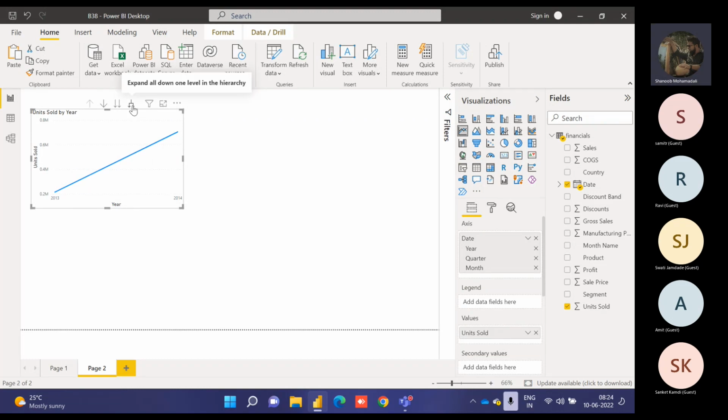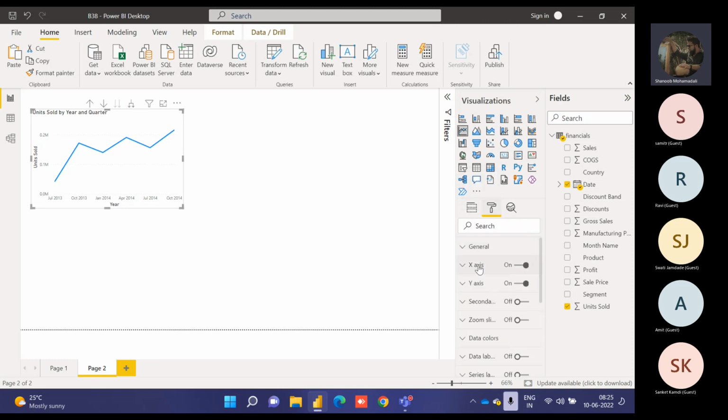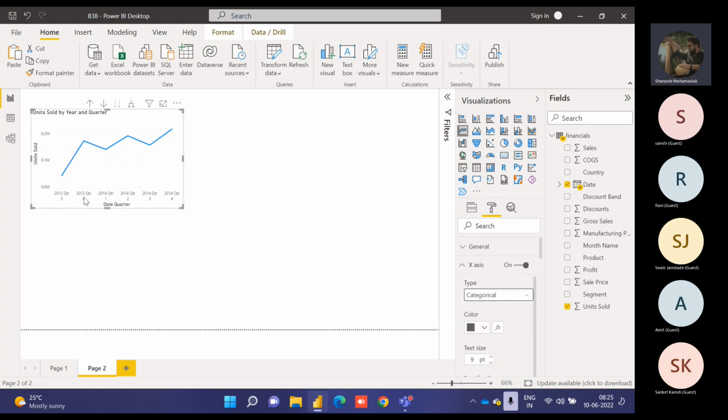Now, let's say that you are at the second level. I would be able to see the quarter names, but it is only giving the first month of each quarter, which is not correct. I need the actual quarter names. How can I get this? What you need to do is go to the formatting options, x-axis, change the type to categorical, and you will be able to see the quarter names. But if you notice, the quarter names are visible with the year name. If you want to get rid of the year name and just want what you are at, you can